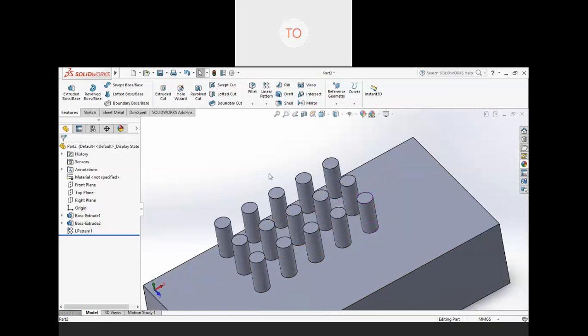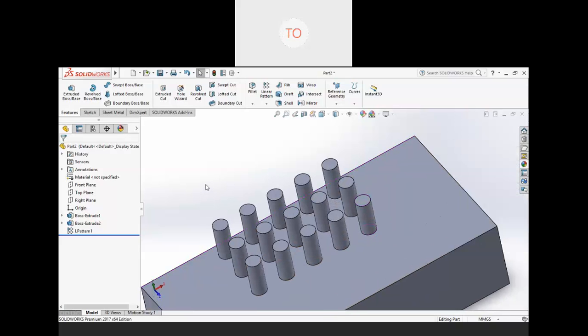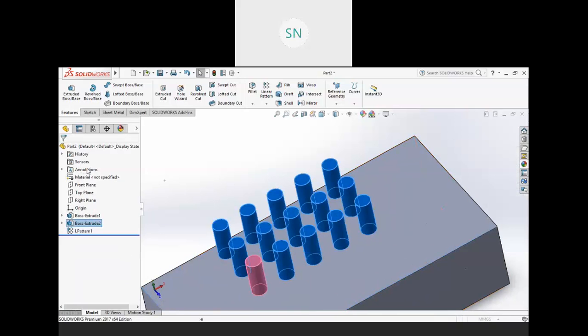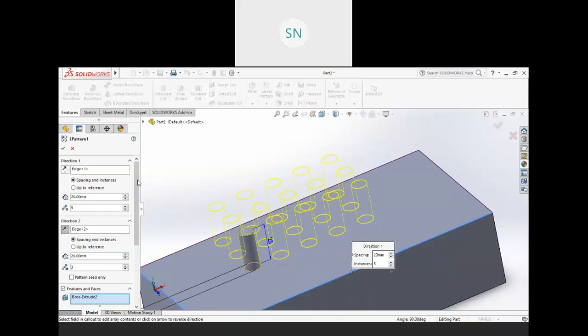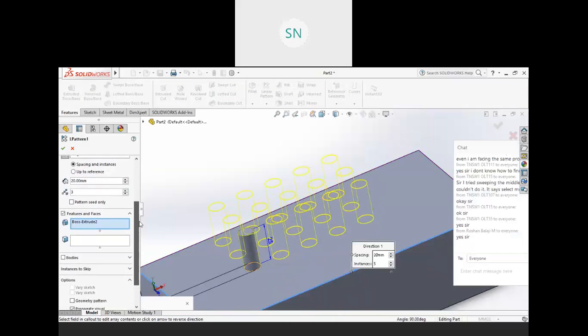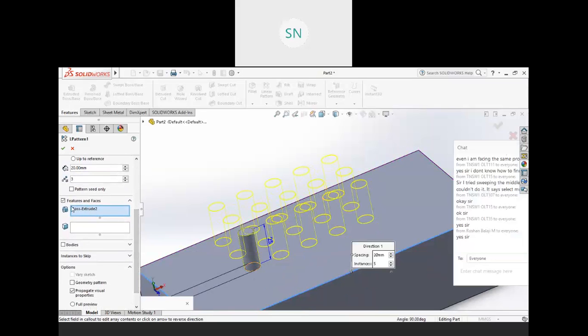So now let me discuss a little in detail. Again, let me go inside this linear pattern. At the bottom here we have 3 types of selection. See, features and faces, and the third one is bodies.